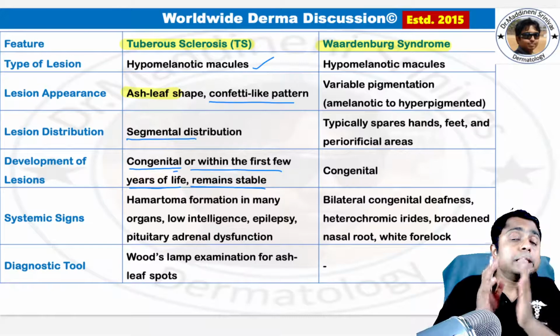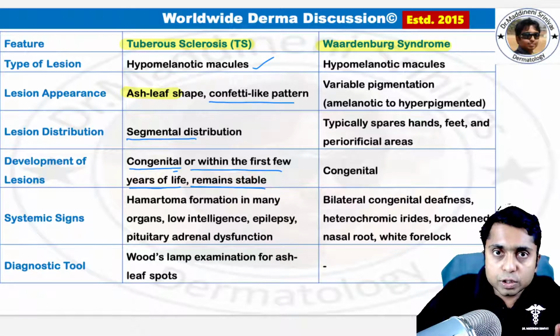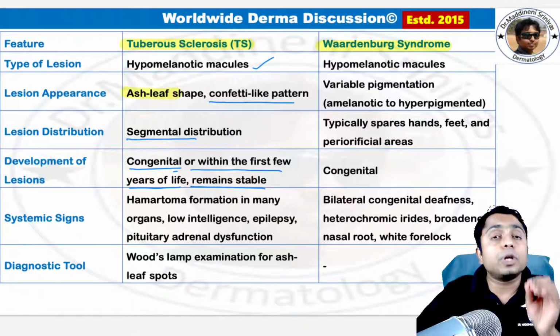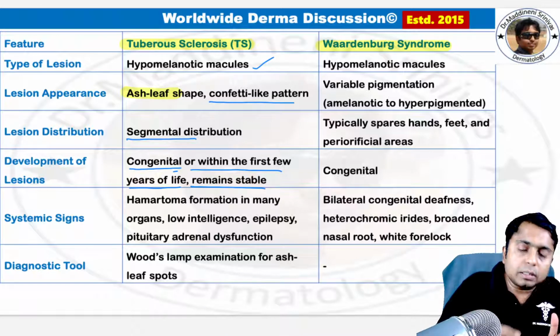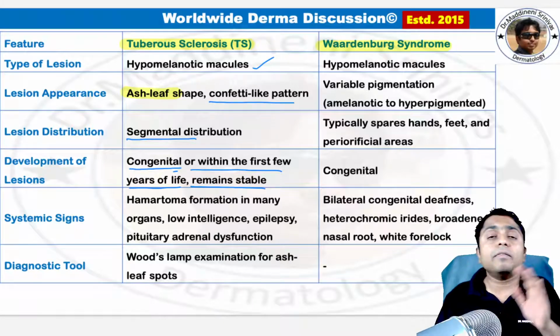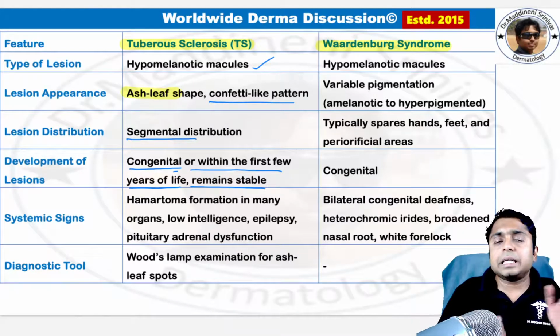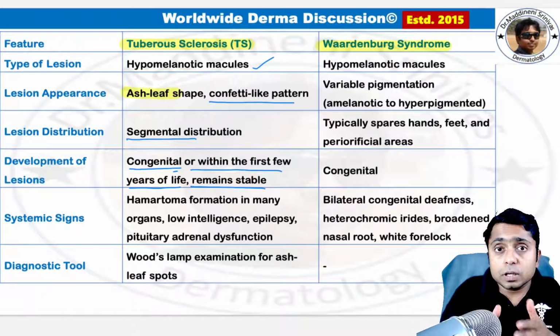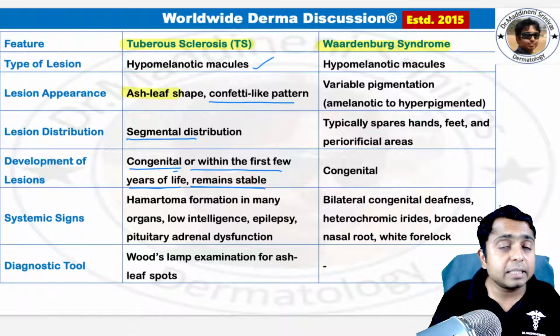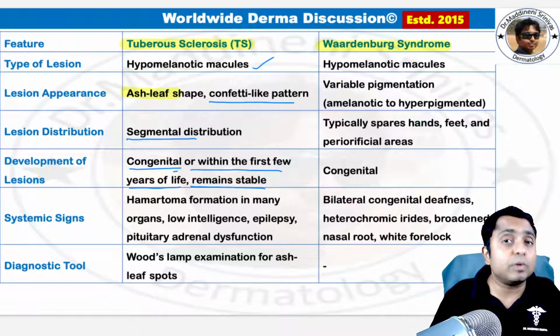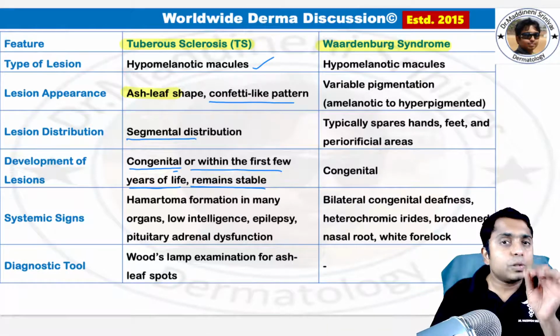But remember, the earliest skin change which you can see and which you have to remember is ash leaf macules. So how can you differentiate the ash leaf spots from the vitiligo lesions? Please remember, in the case of ash leaf spots, all the rest of the findings I have told you are going to develop in the individual. So that is one point. And also importantly,